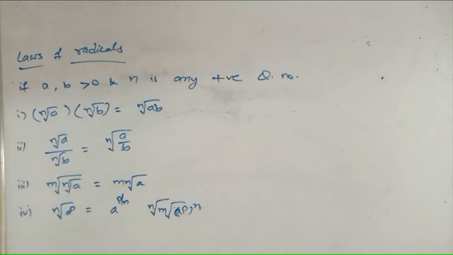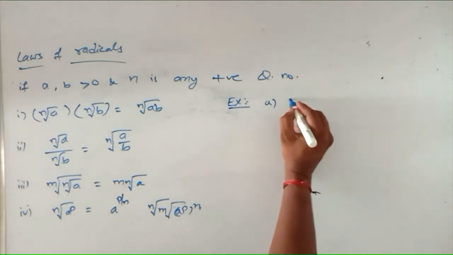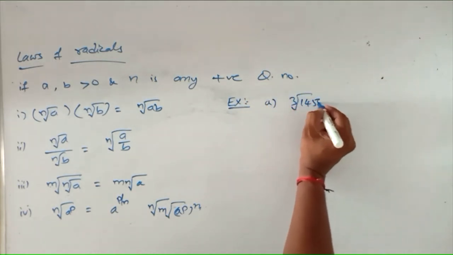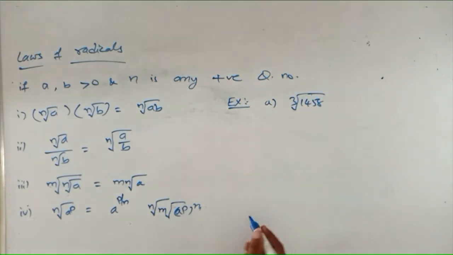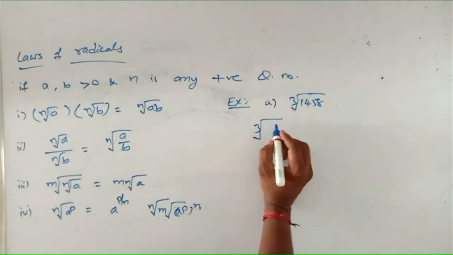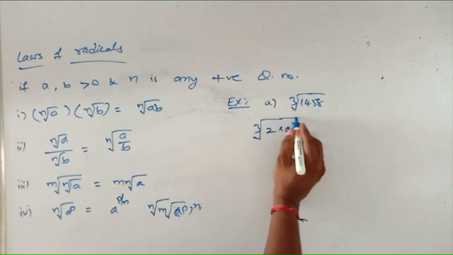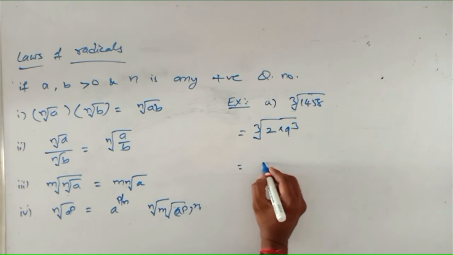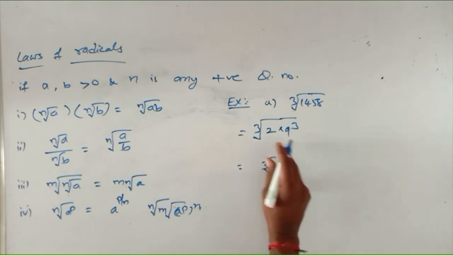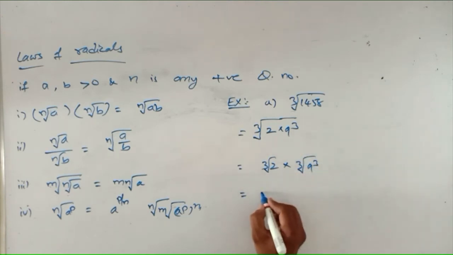So here, example: express the following in simplest form. The first example I'm taking is express the following in simplest form. The first one is cube root of 1458. So first find the factors of 1458 by using prime factorization. Then I'm going to get 2 into 9 cube, that's equal to cube root of 2 into, I'm expanding this by using the first formula here, into cube root of 9 cube,